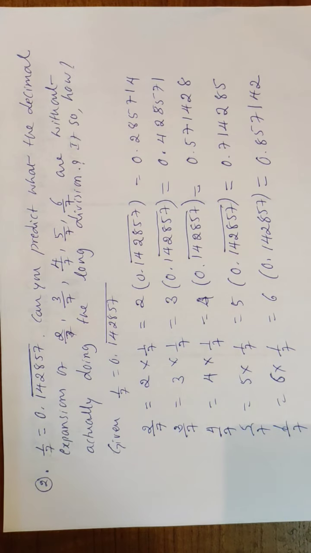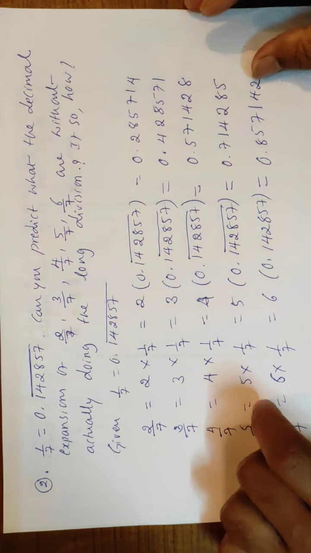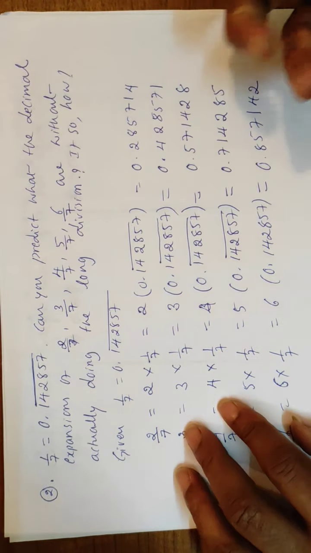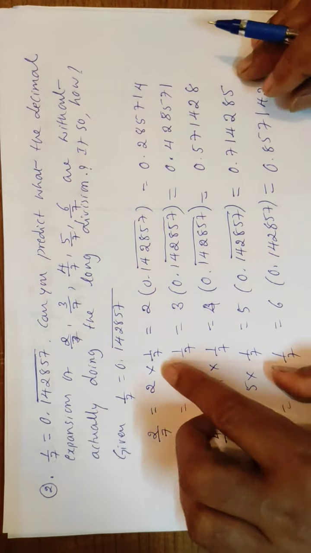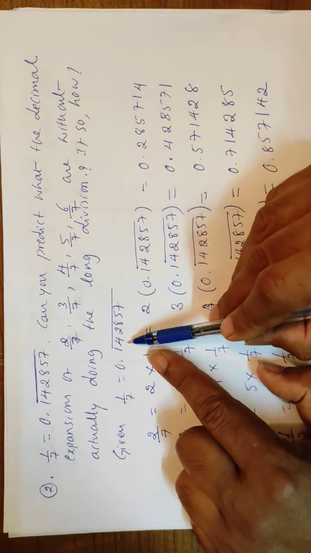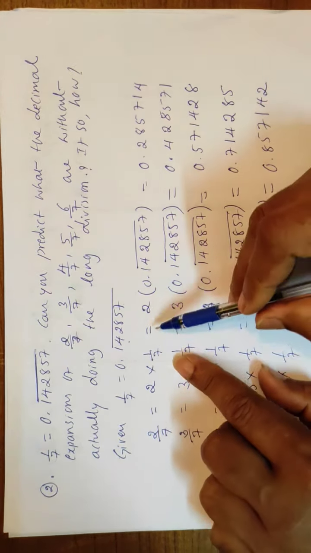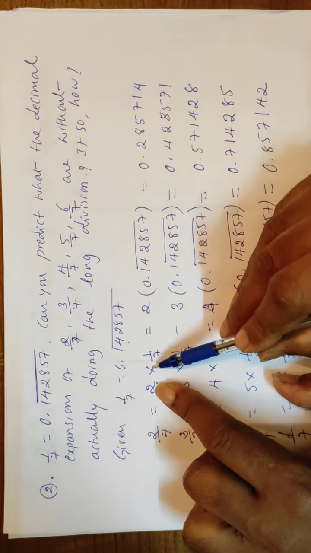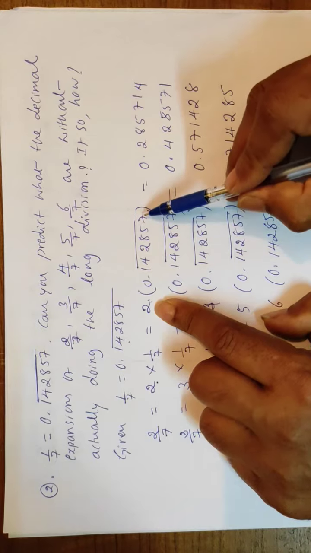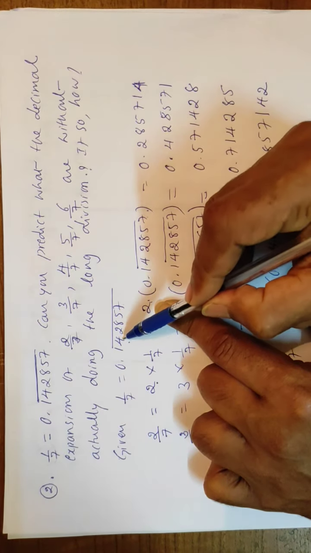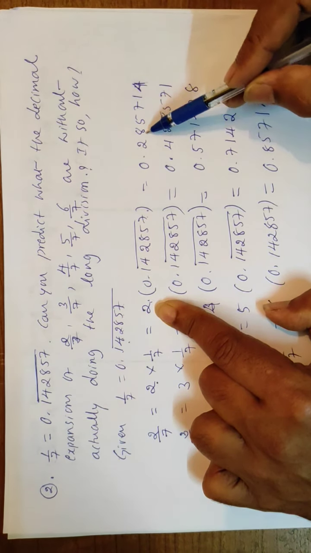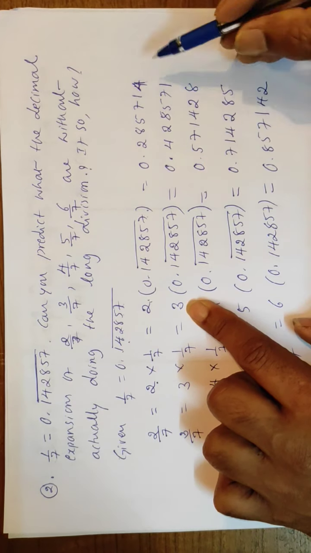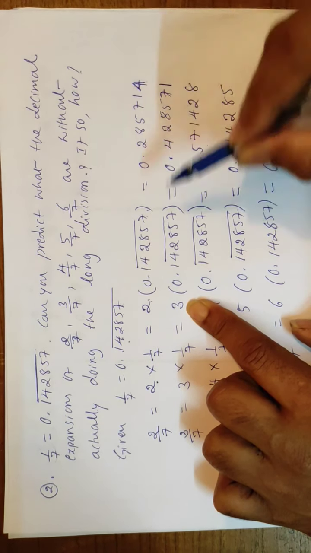Students, here you can make out the pattern in which the number gets repeated, and you can make the process still easier. Here what is given is 0.142857. Let me multiply this. First, 2 sevens are 14, so from 4 you can start writing 428571. 3 sevens are 21, so you can start from 1 here.